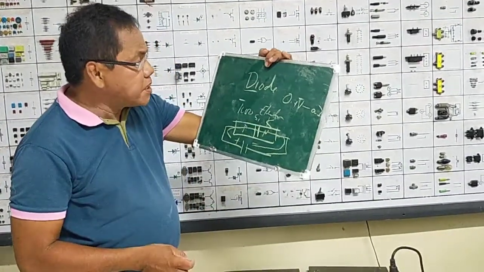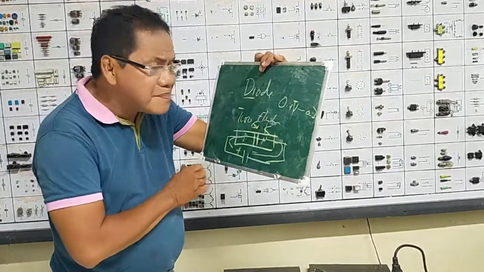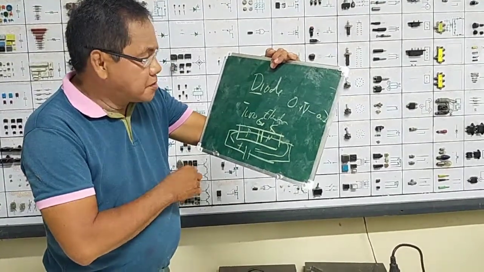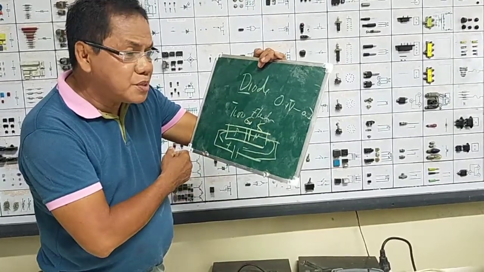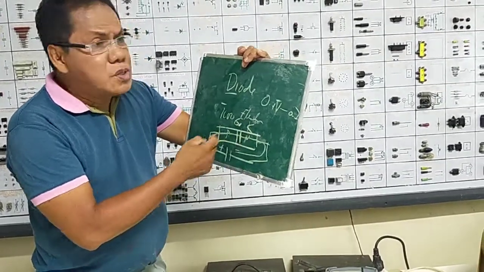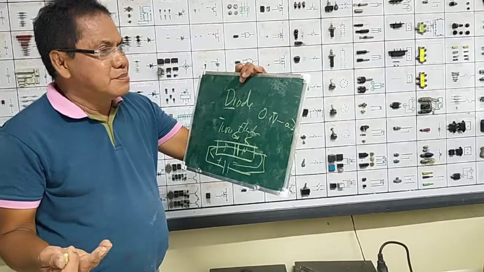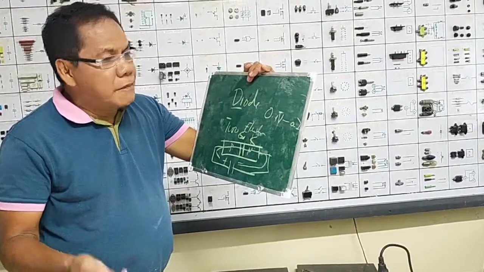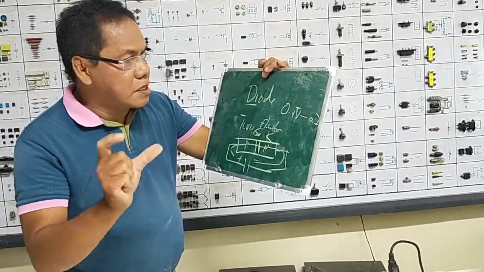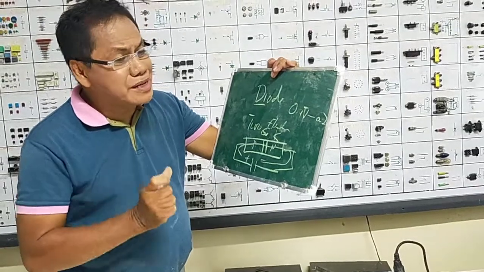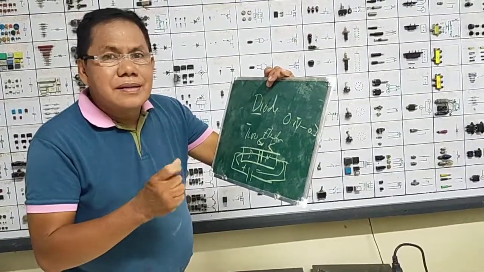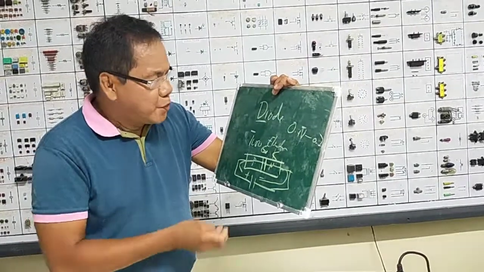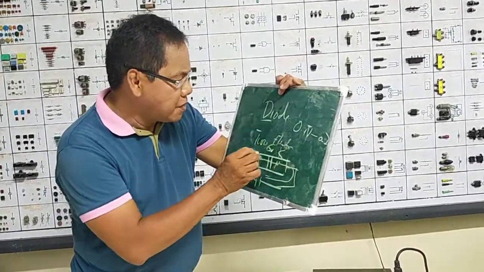But if this diode is made of germanium, just the same, there are negative and positive for the cathode and the anode. So a pure germanium material cannot provide polarities. It should be doped with other elements such as boron and indium to provide negative for the cathode and positive